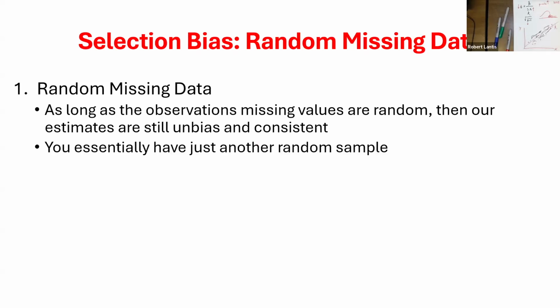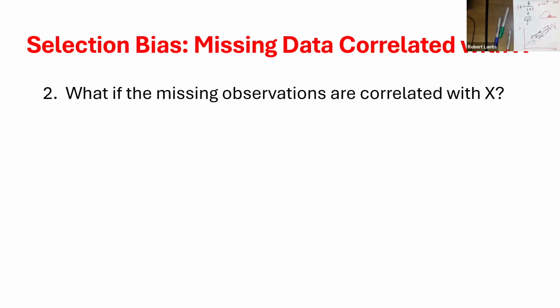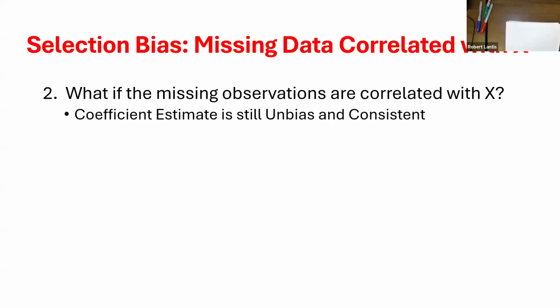Now, what if, so we'll go back here and then I'll come back and draw something for you. What happens instead if my missing observations are correlated with X, right? What if I'm more likely to be missing values when that X variable is really high? I'll draw an extreme case where we can think about this, but what's going to end up being true in that case,